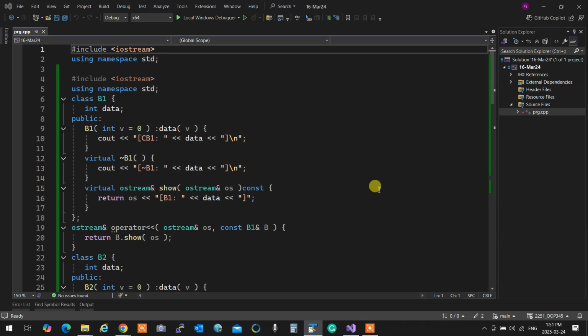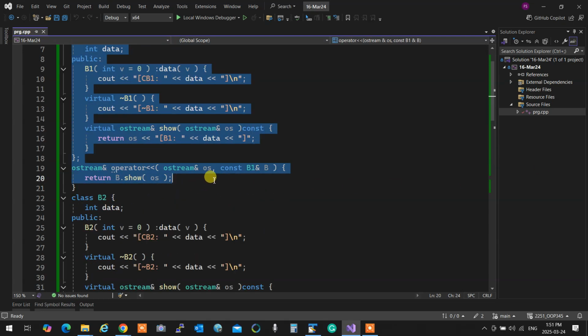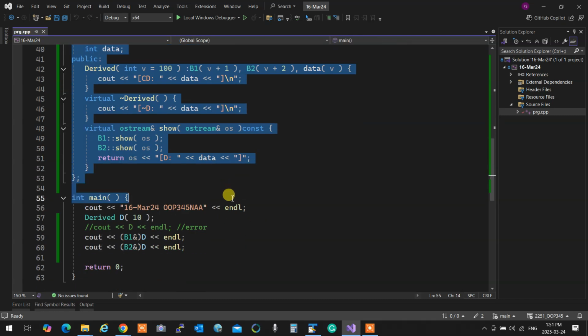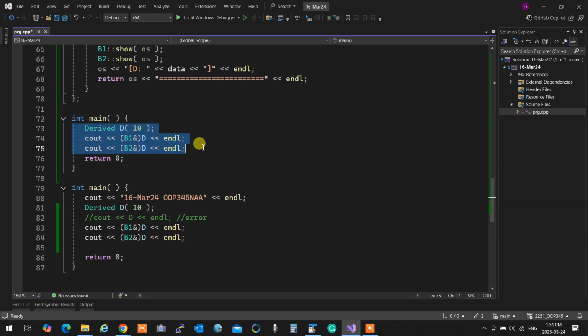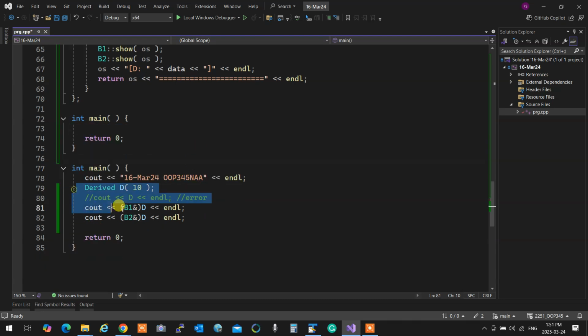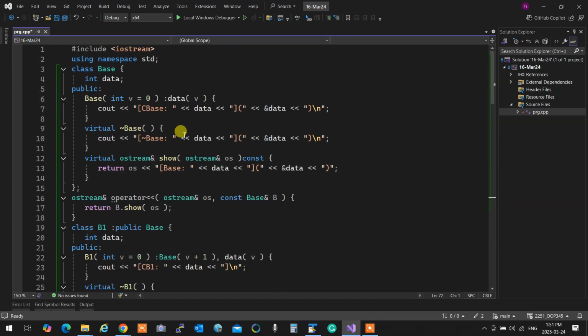Now, if you think this is crazy, imagine what happens if I have something like this. So now my class diagram goes like this.